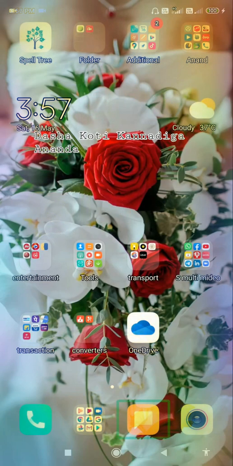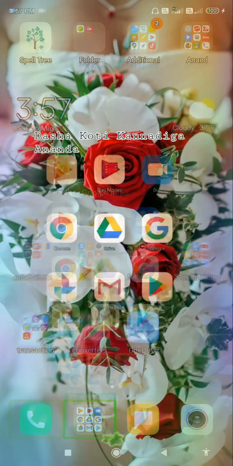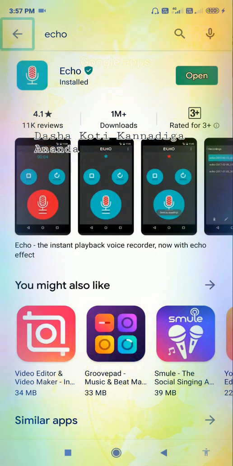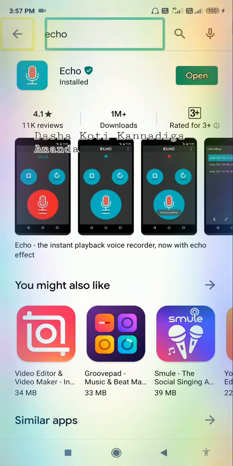Access us messaging phone Google Apps open Play Store root navigate up button. Yes, I have opened the Play Store. Let me swipe from right to left. Echo. Yes, since I have typed the name Echo, now only I have installed. That's the reason the app name is displayed. Let me swipe from left to right to show you the app name. If you are sighted or low vision, you can see the screen to know the proper name and color of this app. I am swiping from left to right.